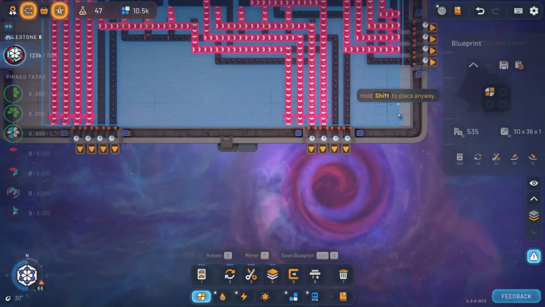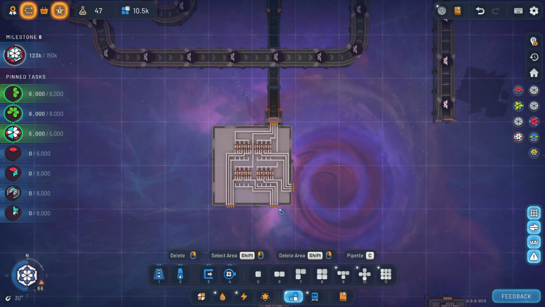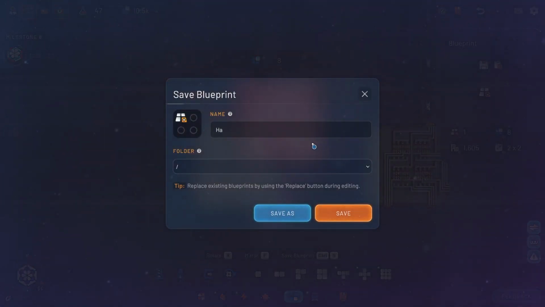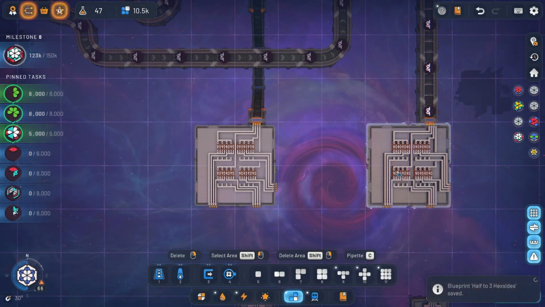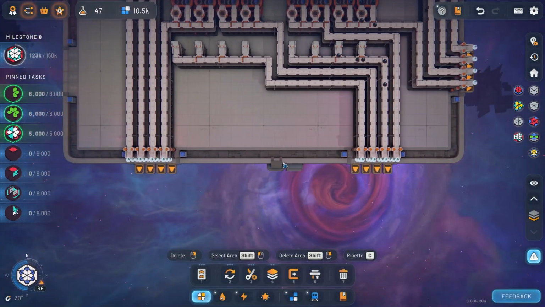Should be fine. I don't think this design is ever going to be useful ever again, aside from this shape. So let me just copy it. We'll just save it. We'll go half to 3 singles, 3 hex sides. Yeah, I use my powers naming convention. All right, so half to 3 hex sides should get us all the little bits and bobs that we need